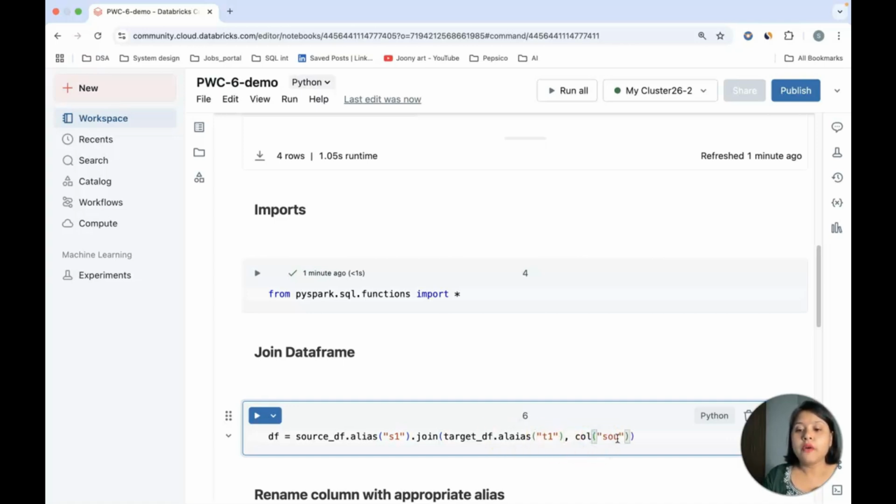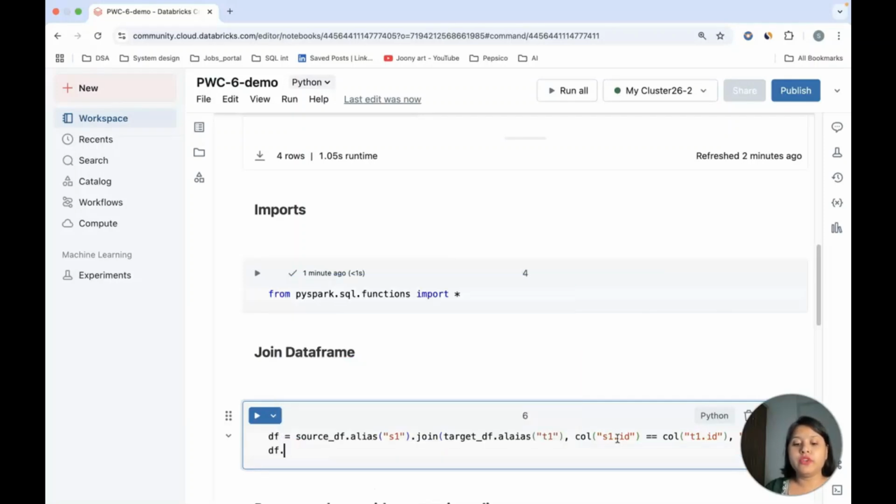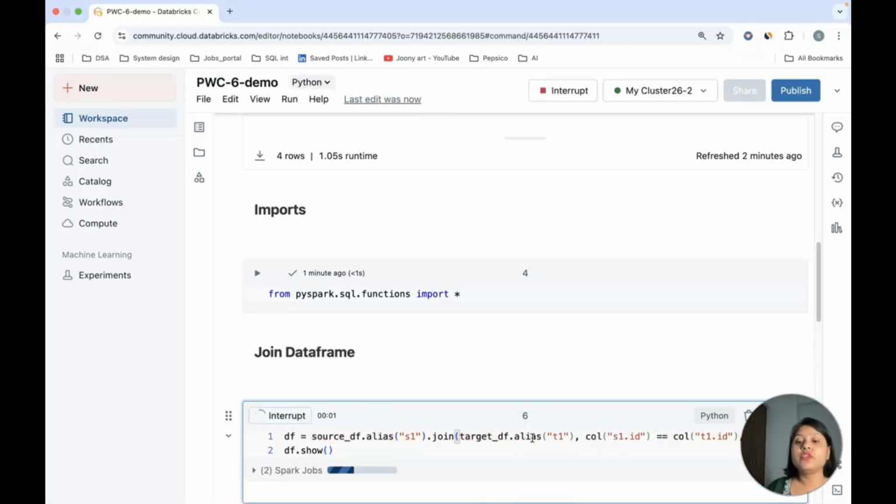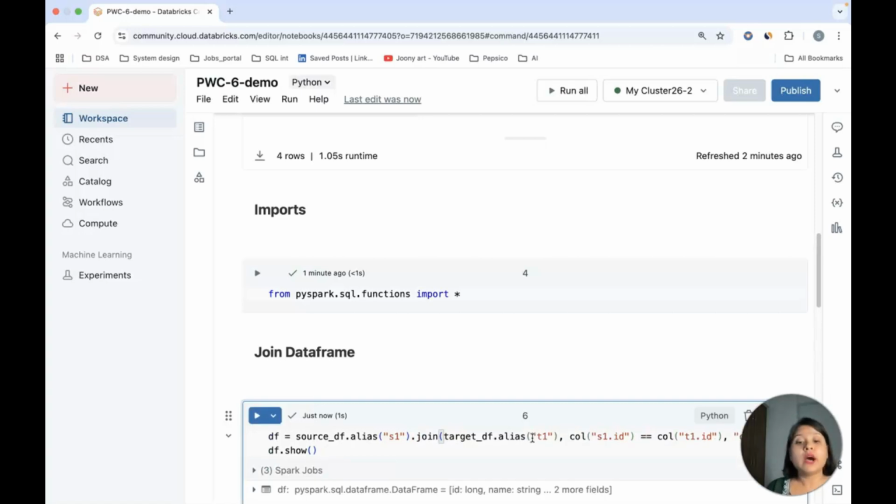Okay. So from the source table, I will join it on which column? ID is my common column. So I will use my ID, and in this I will have the T1.id. And how exactly do I want to join? I want to join it as outer. Okay. So this is my data frame. Let me do a df.show. So this will create a data frame which is joining both the data frames and also giving us the output using the df.show. There was an error like a spelling mistake, so I have corrected it.